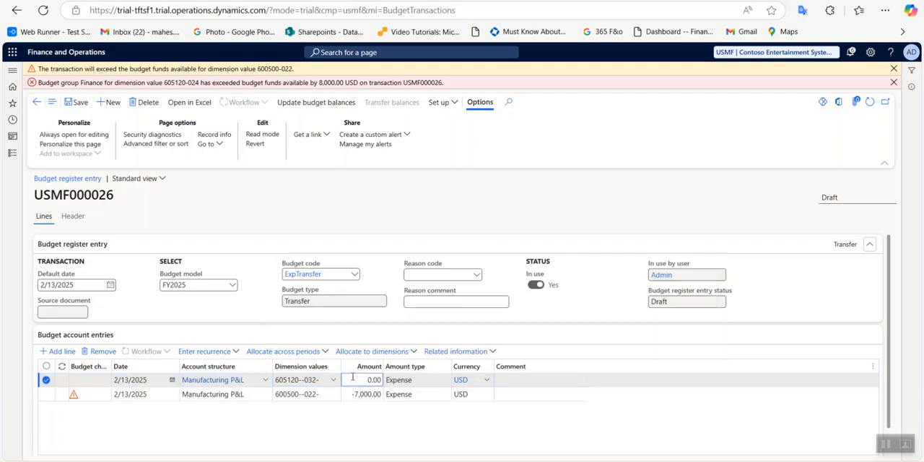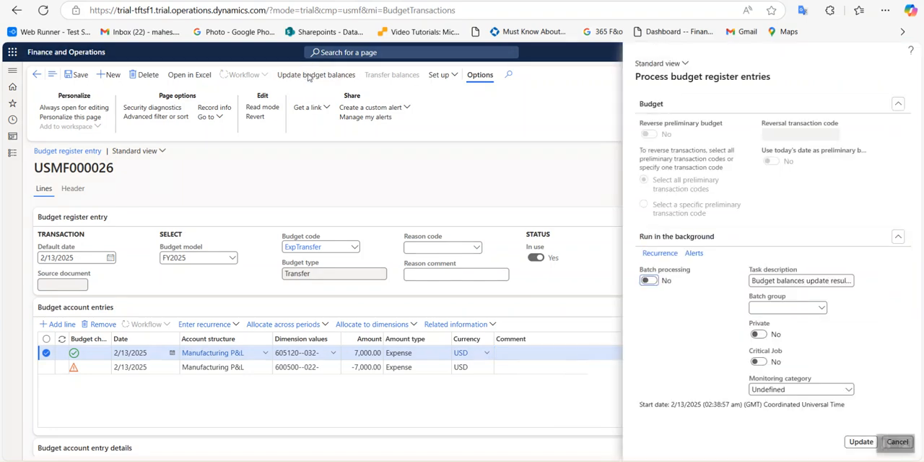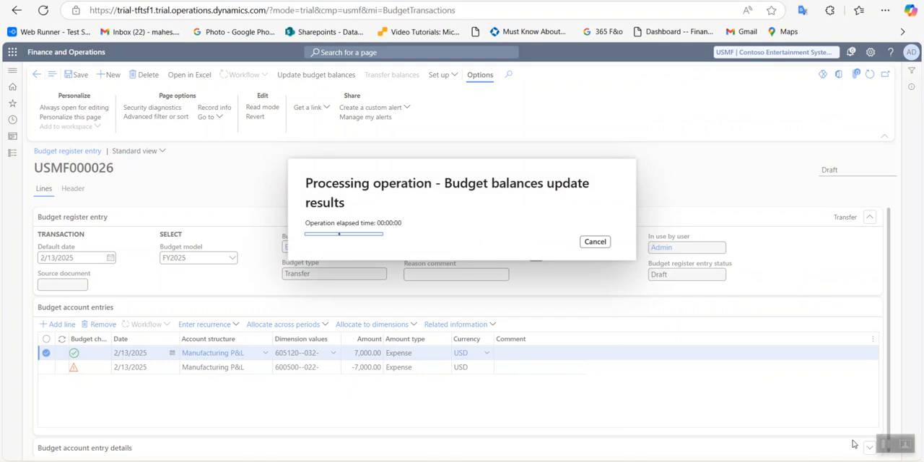Okay, so here I will give 7,000. After that, I will save this particular record and click on update budget balance. Once I have clicked on update budget balance, what will happen? The 7,000 will be reduced from the